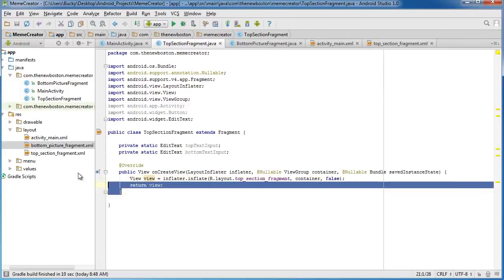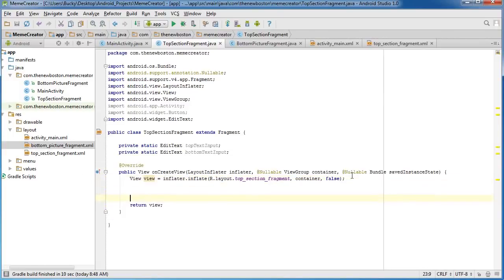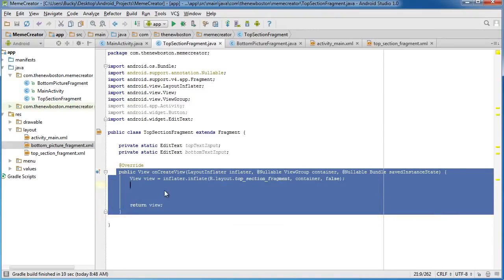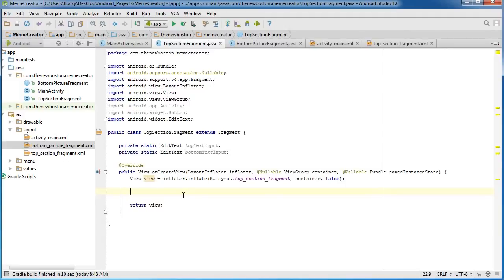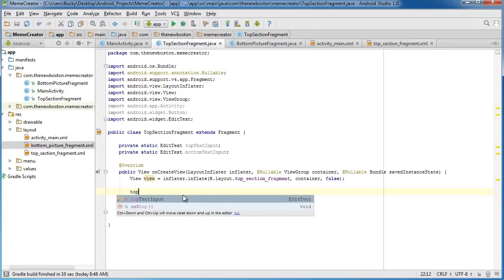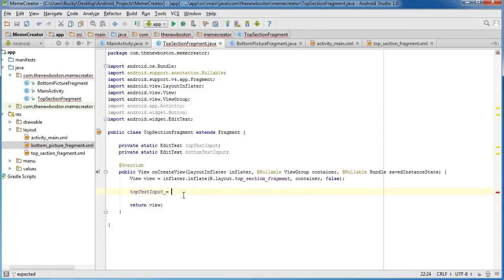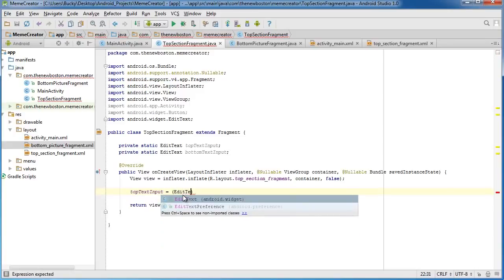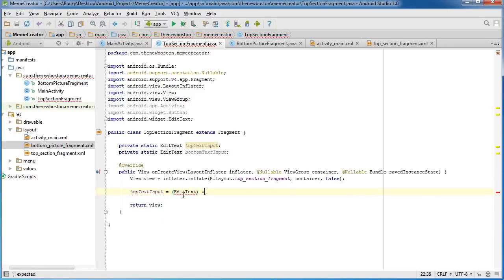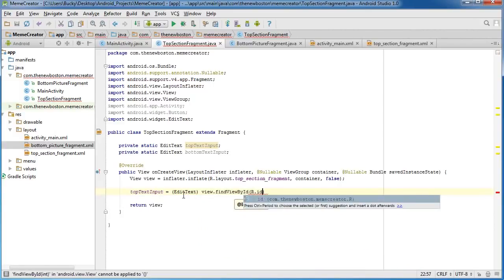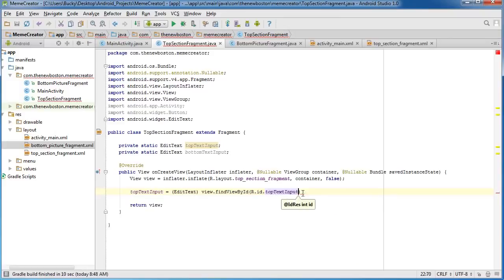Alright, so now on create view, and the reason that I'm going to stick it in here is because this gets called as soon as pretty much this view is created, as soon as this fragment is created. So of course that's when I'm going to assign all the variables, because it's the perfect time to. So for this top text input, just set this equal to, we're going to cast it into edit text. Again, we've done this like a million times by now. View find by ID, and the ID of this is r.id.top text input,